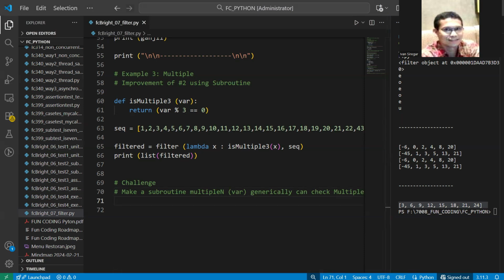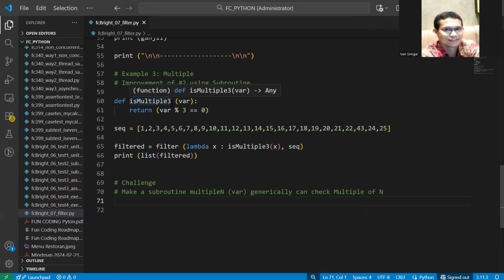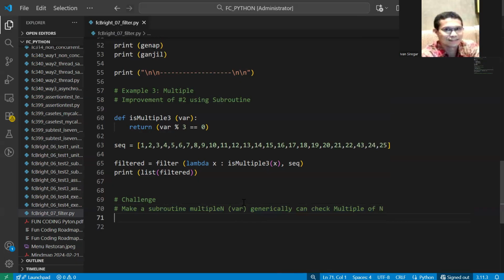This one is only multiple of 3, but the challenge here is it can be multiple of 1, of 2, of 3, of 4. Any multiple can be checked using this. I think this is very simple. You can just modify this part, actually only a small part of this. Okay guys, so this is the homework. You can do it later after our session.